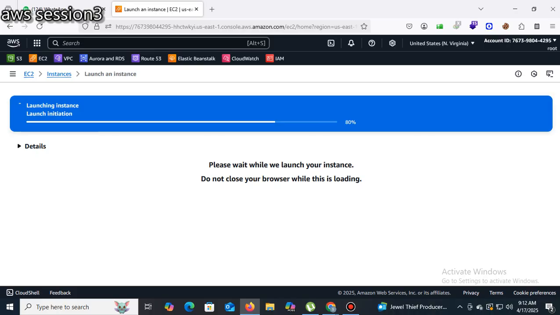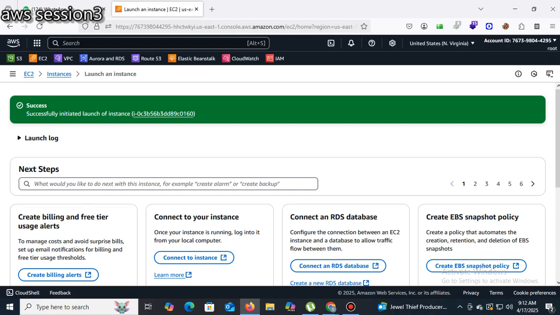Once we add a volume directly from the console during instance creation, you don't need to attach it. It will be attached directly. When you create a volume separately, then we need to attach it. Yesterday, when I created a volume separately, we needed to attach it. If you don't attach the volume to the instance, it won't be detected. Now I created the instance.